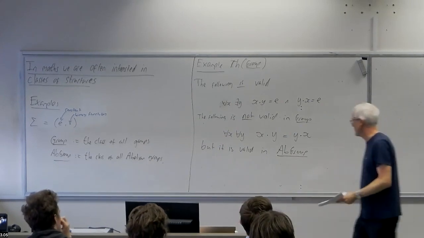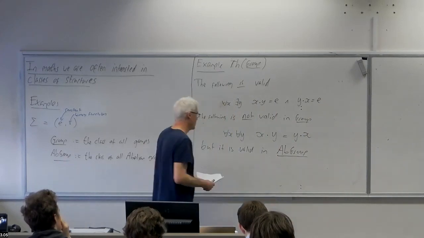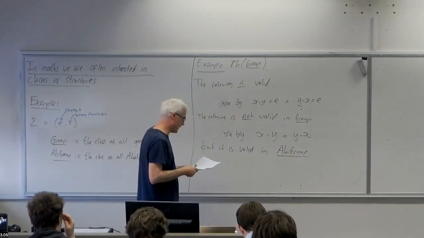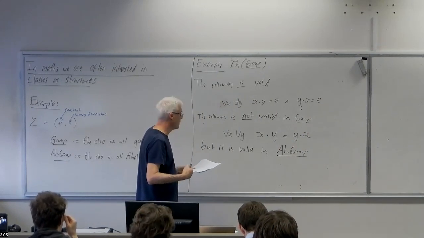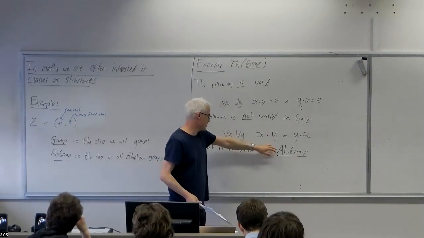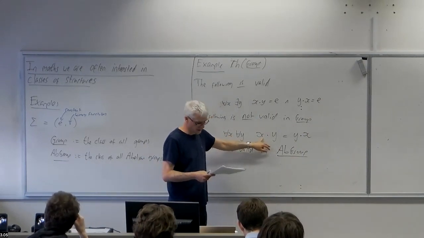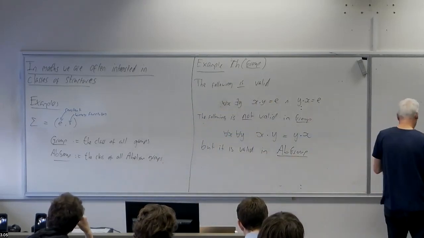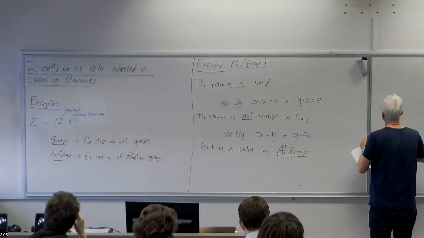You may gain some more validities as you make the class smaller. So it's clear that any sentence valid in groups will be valid also in abelian groups. But the converse doesn't hold, and this is the simplest and most natural example. But an interesting further property to observe is the following, that neither